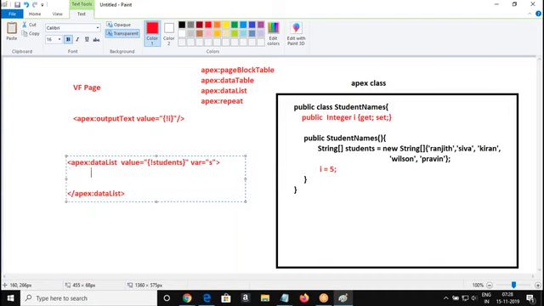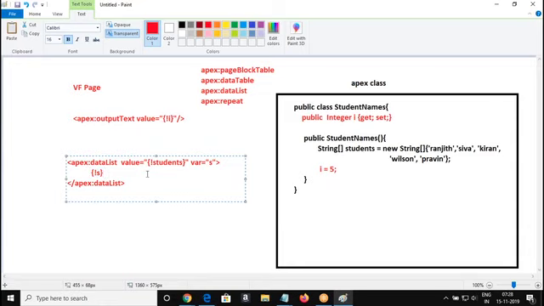Inside it we are going to refer to the variable. You can use output text or anything inside this. It goes in a loop. It takes the first element, the 0 index, Ranjit, copies it to this variable and resolves that variable.